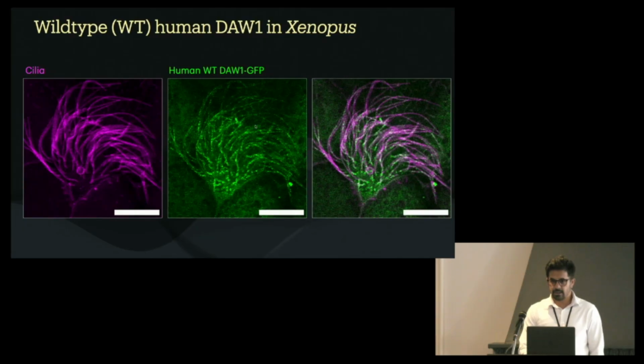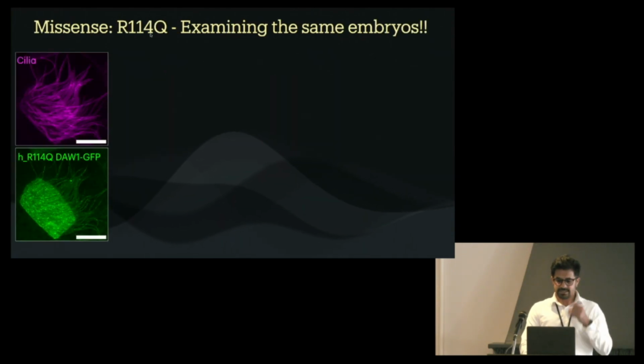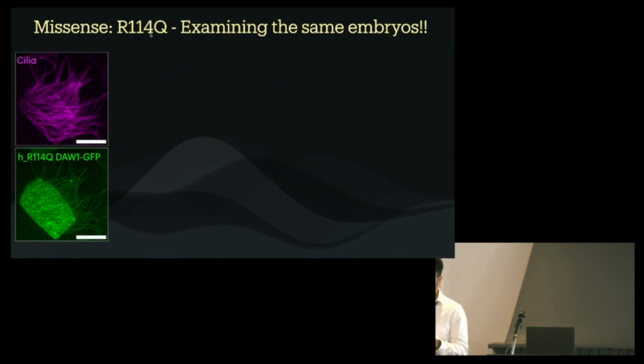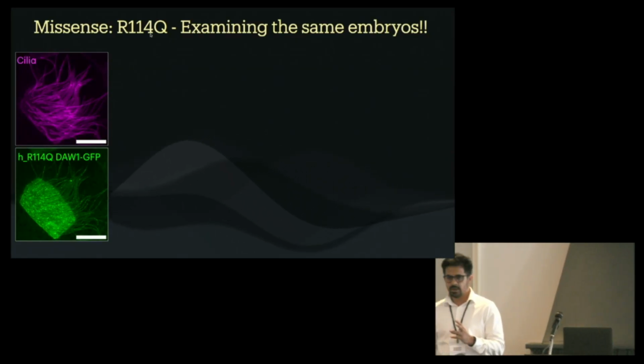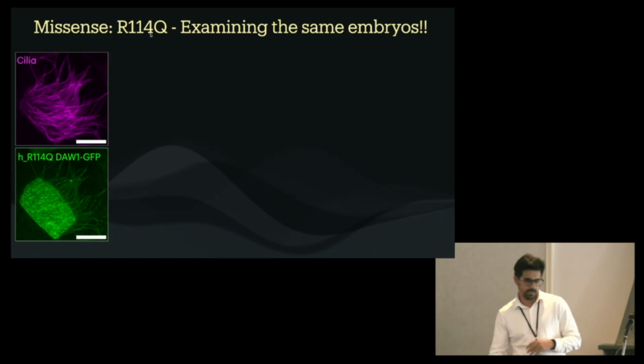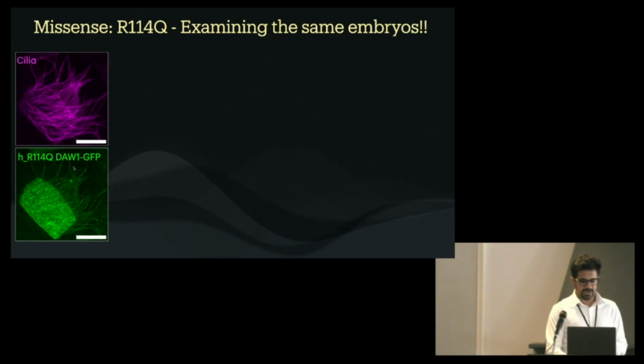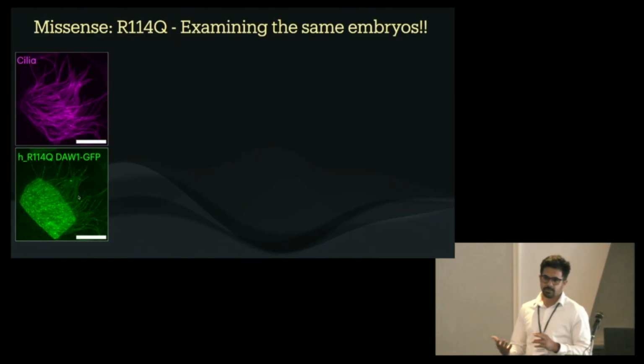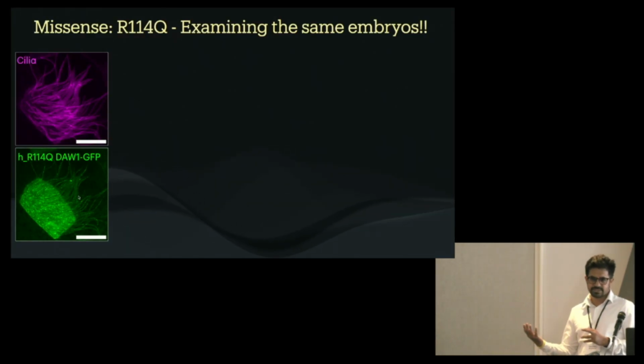Localized in the axonemes of the Xenopus cilia, and this is the overlap. And so now we are going to use this to actually study the mutants. Instead of generating a human wild type DAW1, we also generated a patient missense mutated DAW1, okay? And we injected it and looked at the localization. So the missense mutation didn't really change the localization of the protein from the axonemes of the cilia of multiciliated